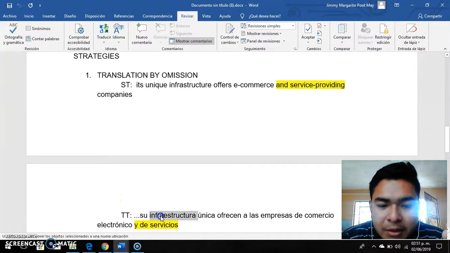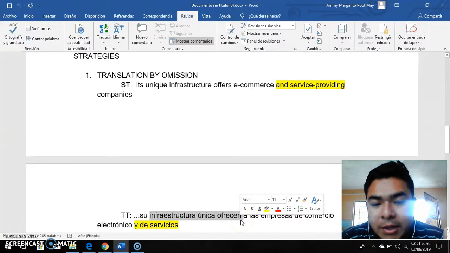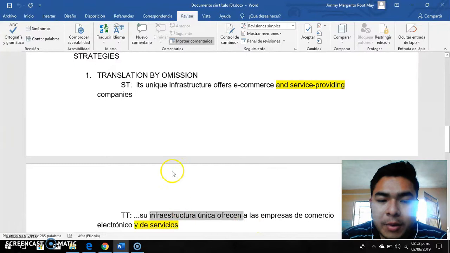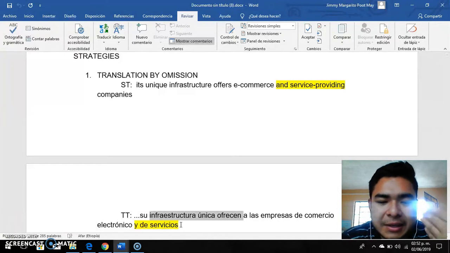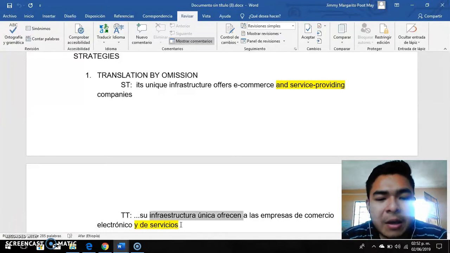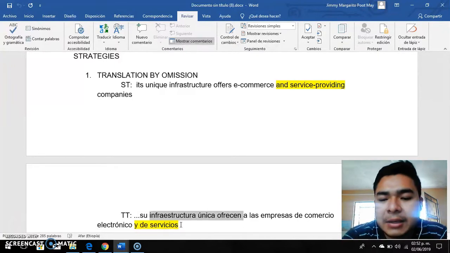In this part, you can see "su infraestructura única ofrecen a las empresas de comercio electrónico", which is e-commerce, "y de servicios". I omitted providing because it was unnecessary and it didn't change the meaning of this whole sentence. In Spanish we can say "y de servicios", and you understand that